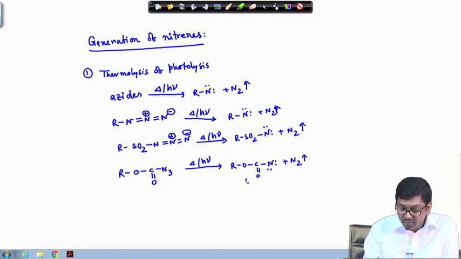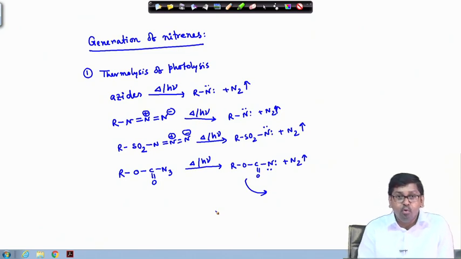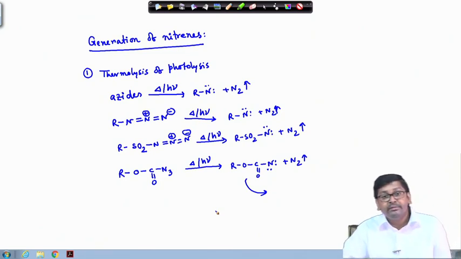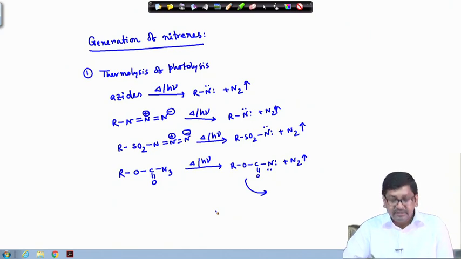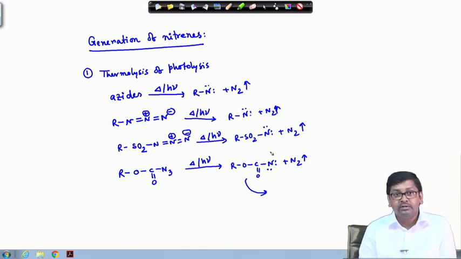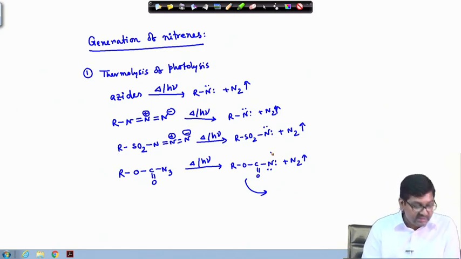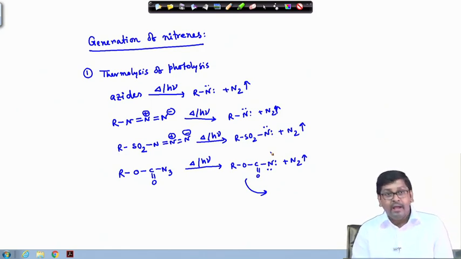And for this particular nitrene, it has been found that these are more selective in nature than the corresponding carbenes. Carbenes are very reactive, and in most cases they insert in a non-selective manner. But this particular nitrene has been found to give a lot of selective reactions. However, apart from these